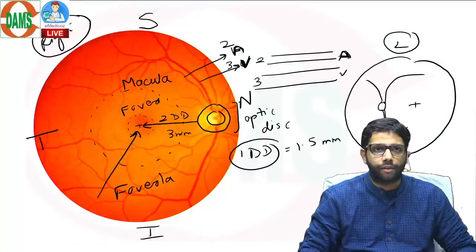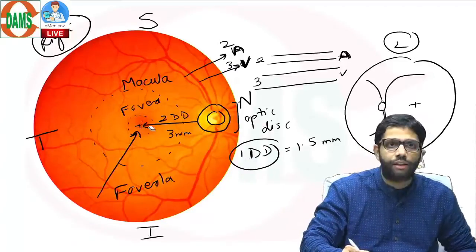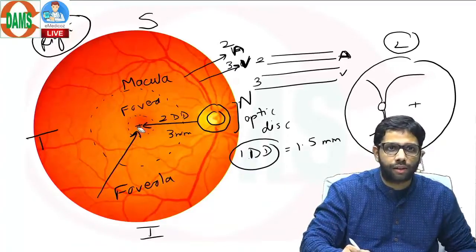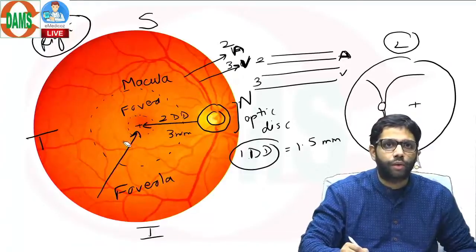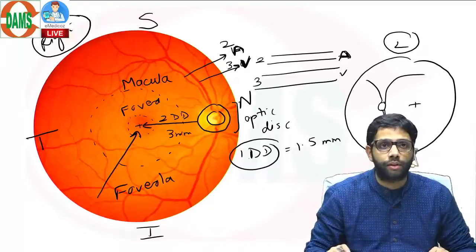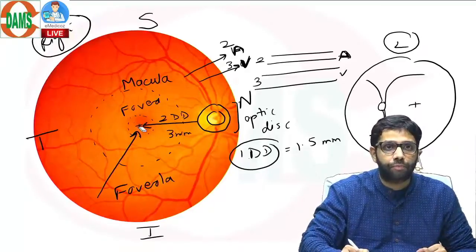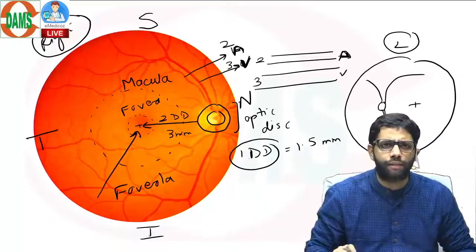Alright. And then if you can appreciate, if you look at this central retina, that is the fovea, foveola, it's a little dark as compared to the rest of the retina. We'll see why it is dark. Because there are some pigments which are present over here, more accumulated in the central retina, that's why it is dark. Alright. So that's the normal structure of the right retina.